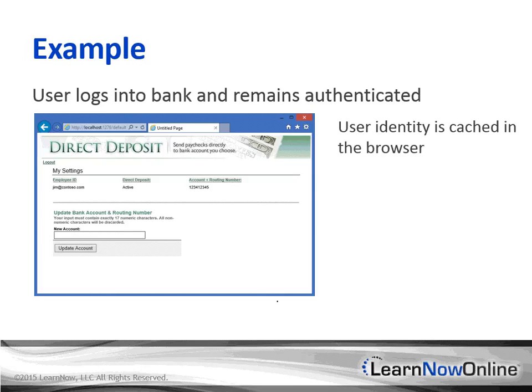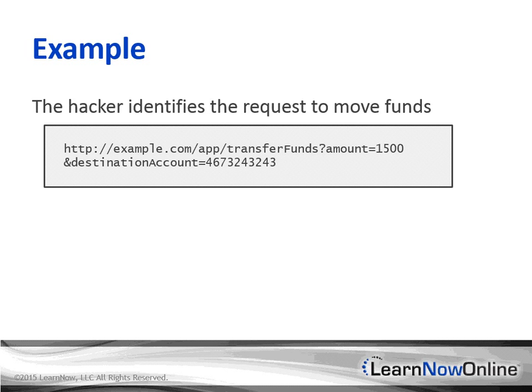What happens is that our identity is then cached inside the browser, and then when we make requests on the page, it uses those cached credentials to be able to pass them in with the request. The attacker depends on this authenticated session to succeed. So what they do is they identify whatever the request is that moves funds around. For example, the application might have a transfer fund function that takes an amount and then a destination account